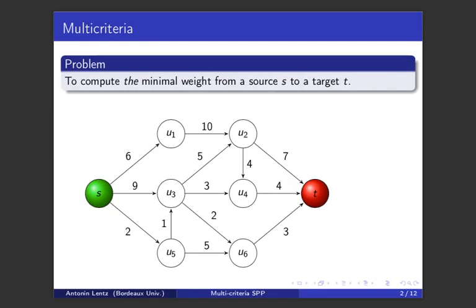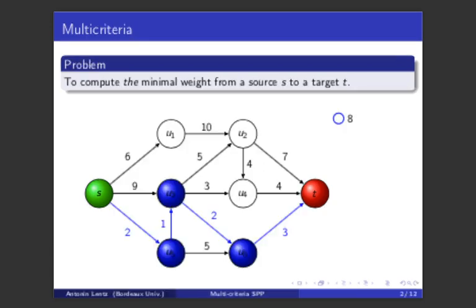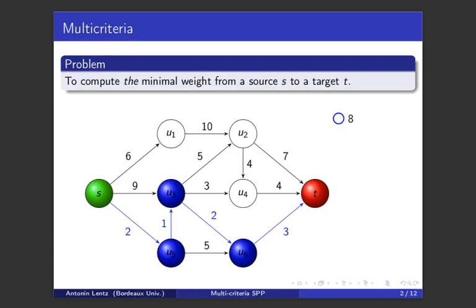A quick reminder about shortest path. You have a graph with real positive weights on edges, and you want to go from S to T using the shortest path. The weight of a path is just the sum of its edges' weights. So here the blue path has a weight of 8, and it's actually a shortest path. The important thing to notice is that there could be several shortest paths, but there is exactly one minimal